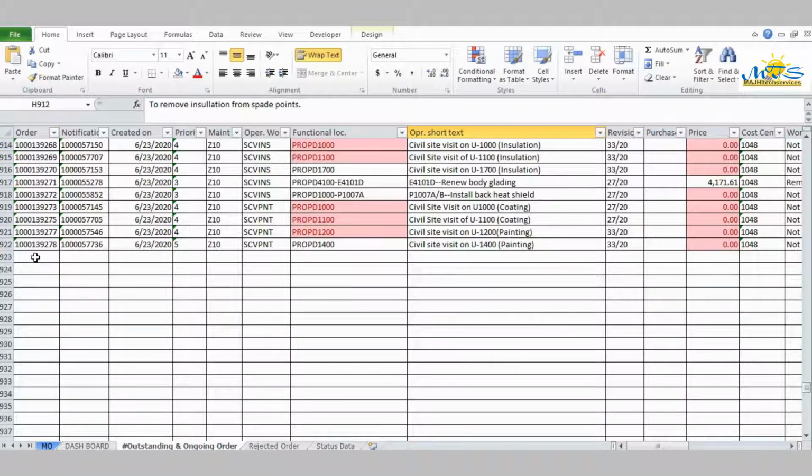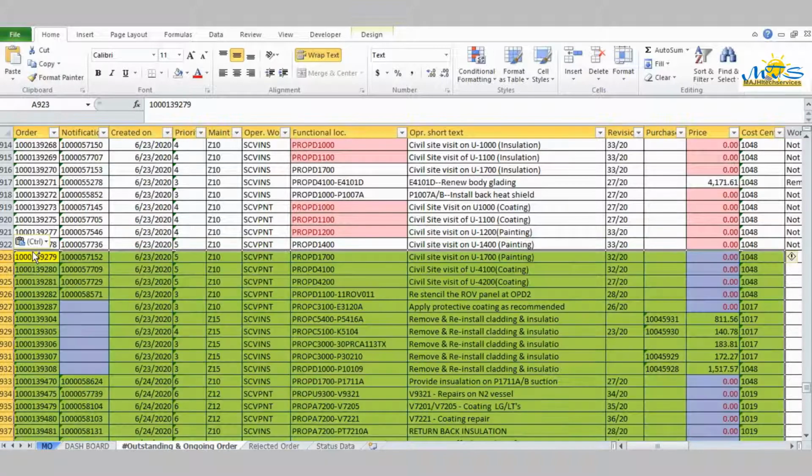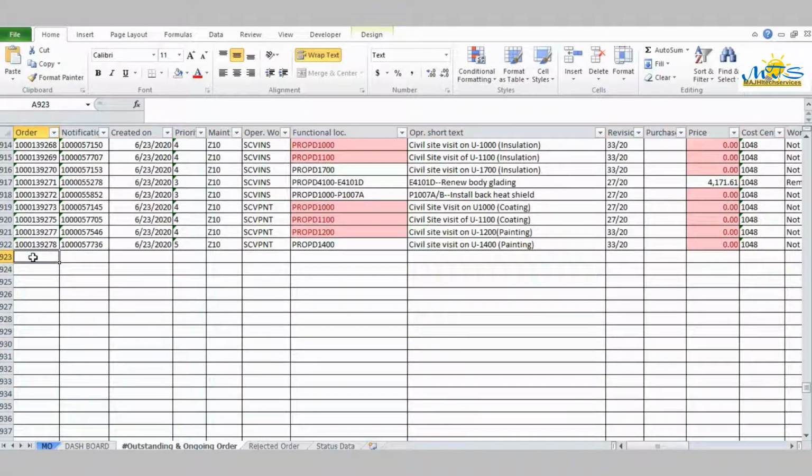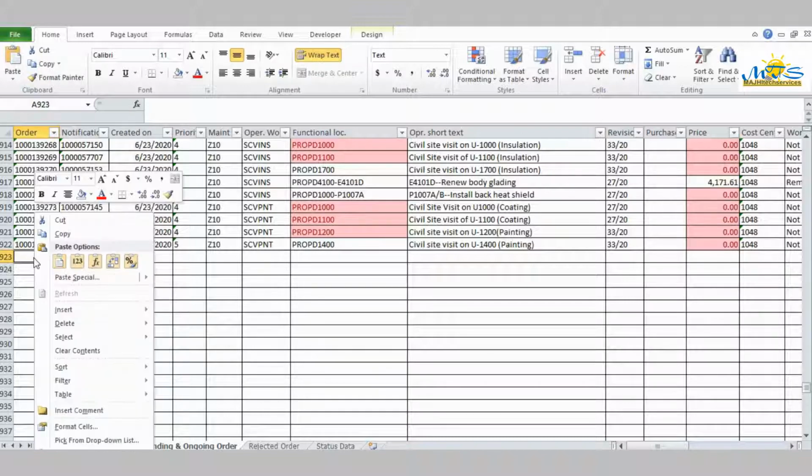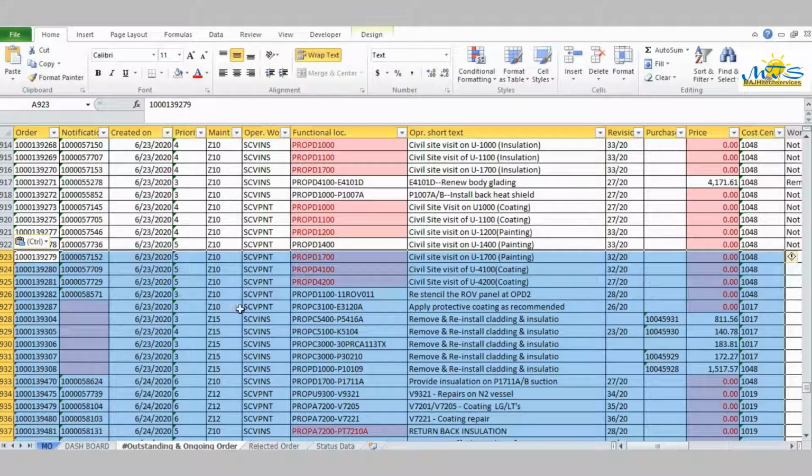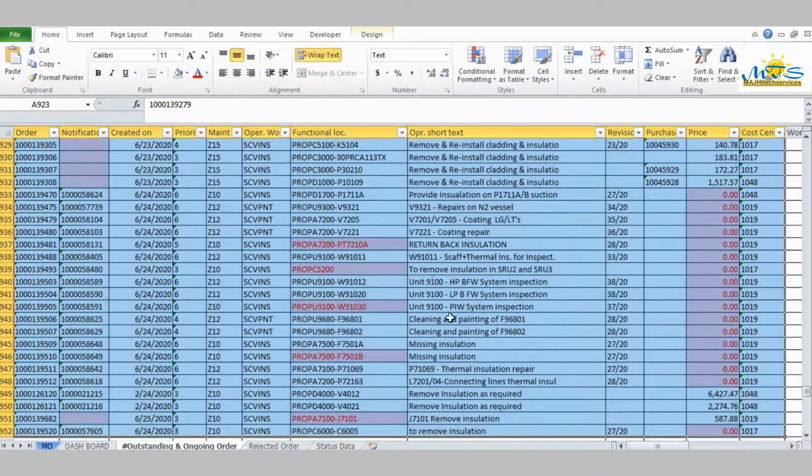For that, I already made a copy with Control C. If I paste with Control V, then this will paste all the formatting along with the values. So I don't want that. For that, it's very simple: right click and paste only values. After that,